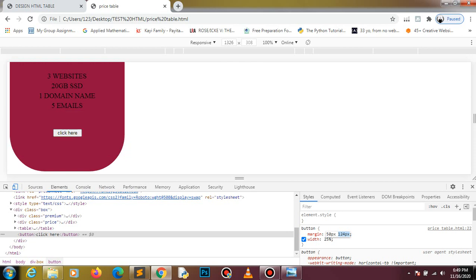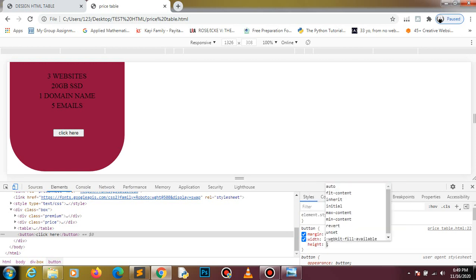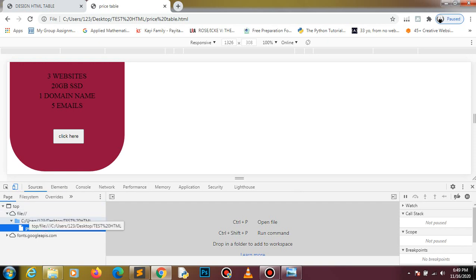Okay, so yeah, width is 27%, height is 30 pixels, I think 40 pixels. Let's look good, and I will just copy the,